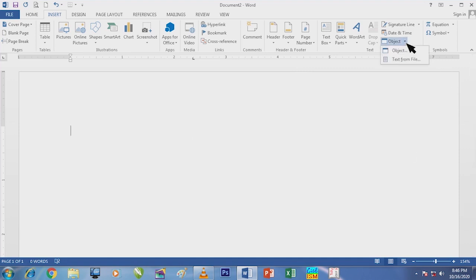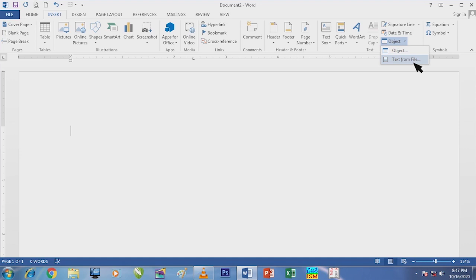Another one is inserting object and text from file. Inserting object means objects from Photoshop or CorelDRAW, etc. And if I want to insert a text file, I click here. I want to insert text from another file within the Word document itself.